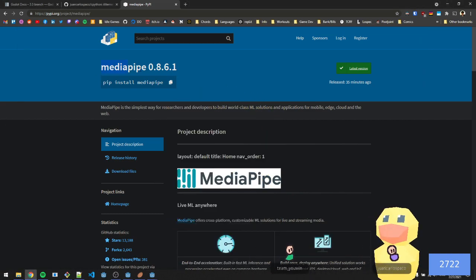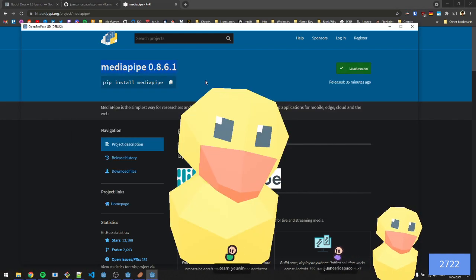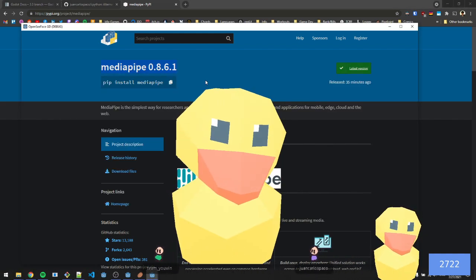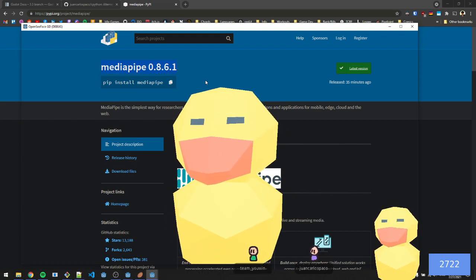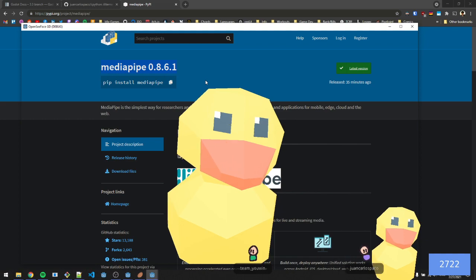I'm trying to use MediaPipe. It's Google's face tracking solution, which is a bit more robust than the current one I'm using. And I was thinking, so